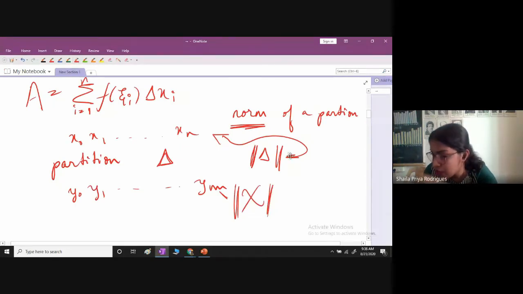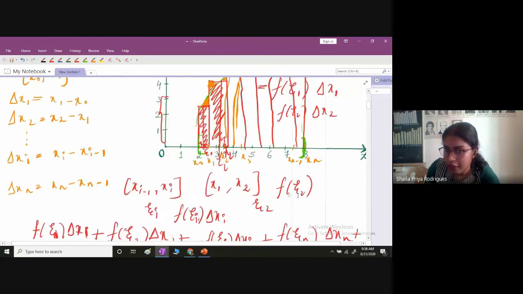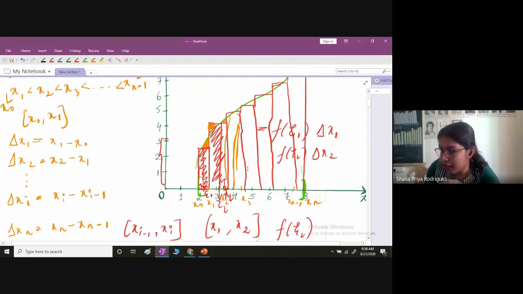Norm is the length of its biggest subinterval. Choose the subinterval which has the maximum length. That maximum length is called the norm of that partition. Now, why are we trying to speak about the norm of a partition here? What is the benefit of bringing up this maximum length? When we want those rectangles to be minimized to lines, how can you speak about that in terms of norm?